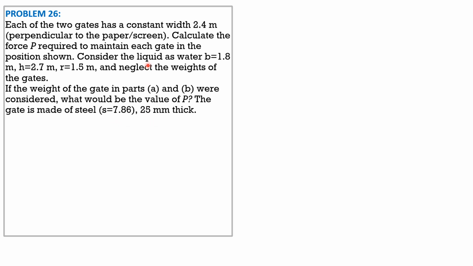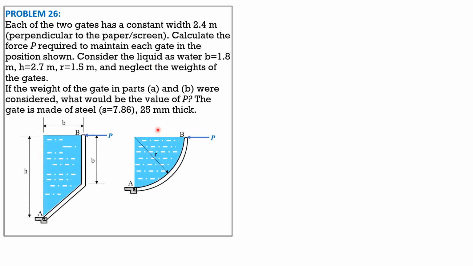Now for the figure shown, here is the gate. We will call the width perpendicular to the screen or paper as W in this case. So I'll use pressure distribution instead of gamma h-bar times area formula because we have a composite gate here. So this is the pressure diagram on the vertical projection of this gate,